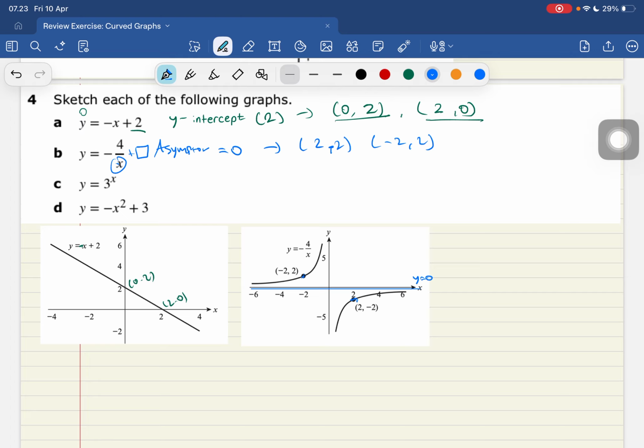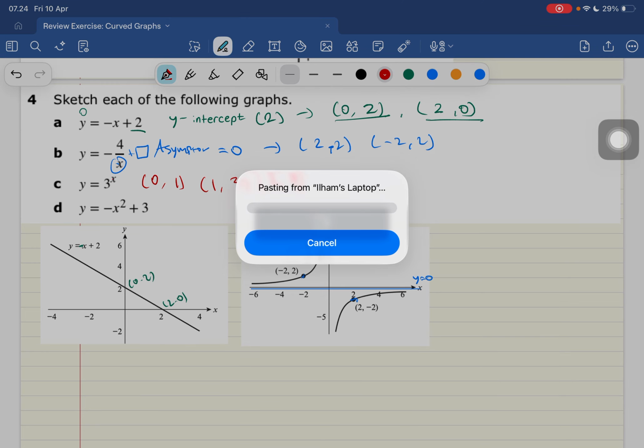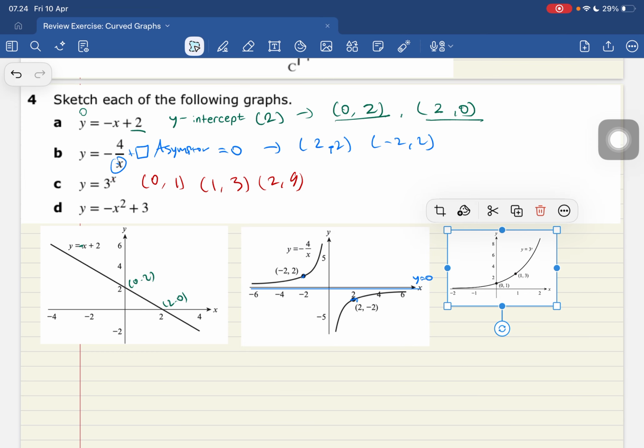Okay, for here, exponential, as this is positive, it's going from down to up. So let us find the key points. When x equal to 0, y equal to 1. We just substitute it, and when x equal to 1, y is going to be 3, since 3 times the power of 1 is 3. We can go on if you wanted, but as it's a sketch, we don't need that detail. When x equal to 2, we just substitute it, it's going to be 9. So now we can just sketch it. We will never touch y equal to 0. So here it is, the sketching.